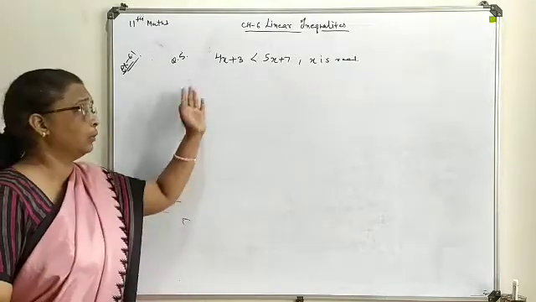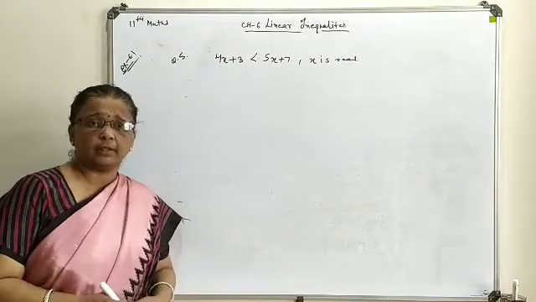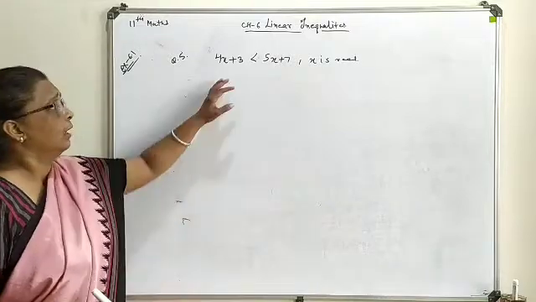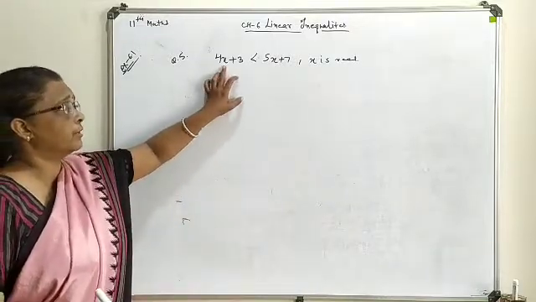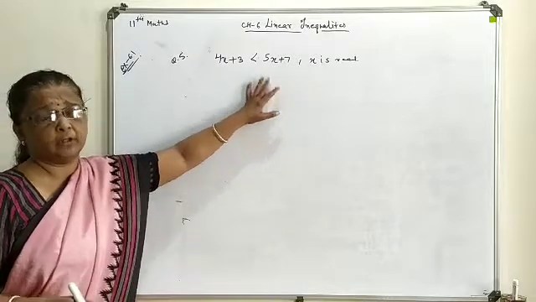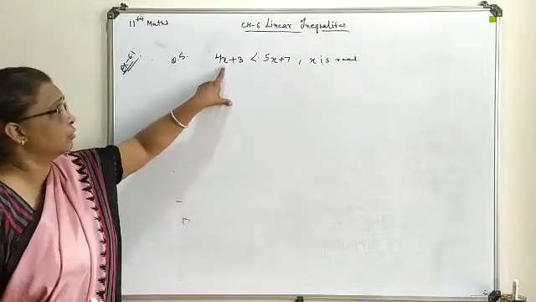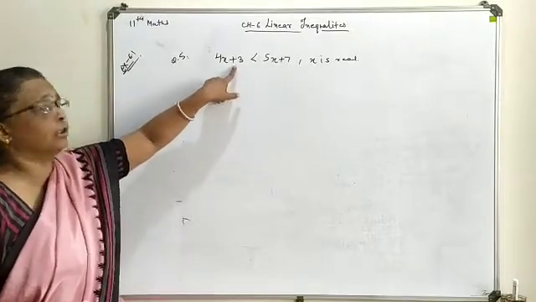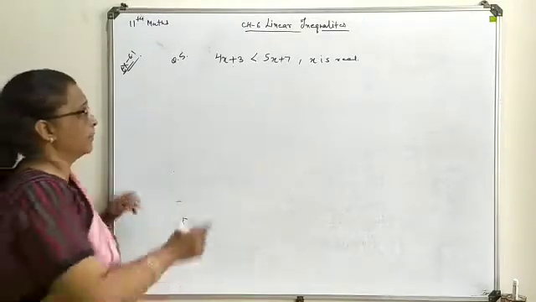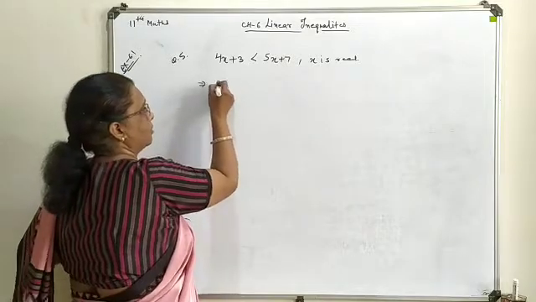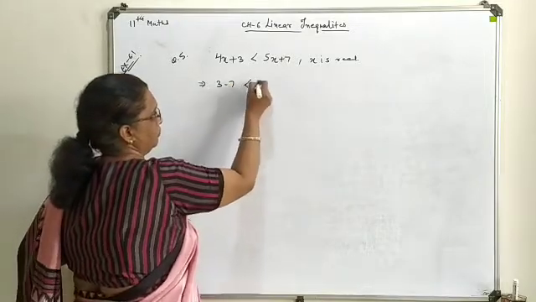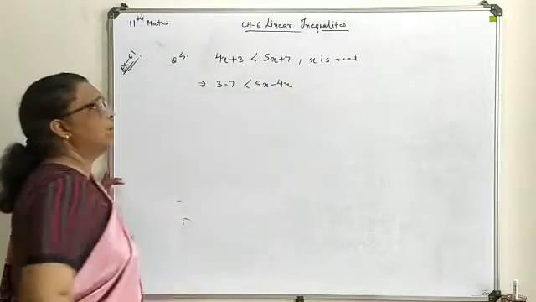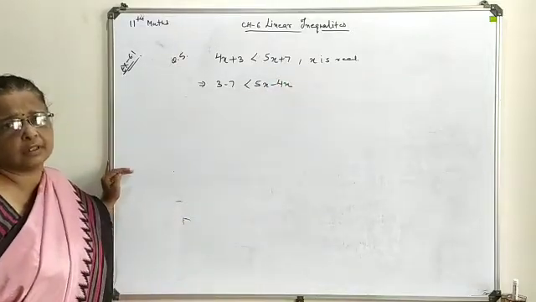So here you see both sides contain the x variable and both sides contain a constant. So we are going to adjust the variable on one side and the constant on the other side. This 4x we are going to shift over there, whereas this 7 we are going to shift over there. This will be the transformation of your numbers. As an equation sign, this is to be treated, and only then will you write the solution accordingly.